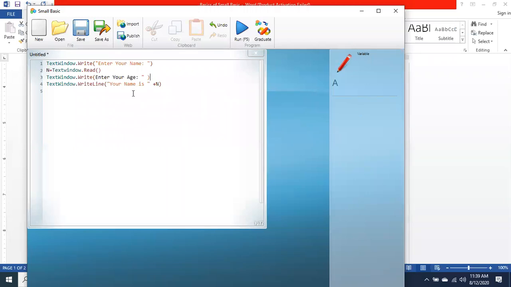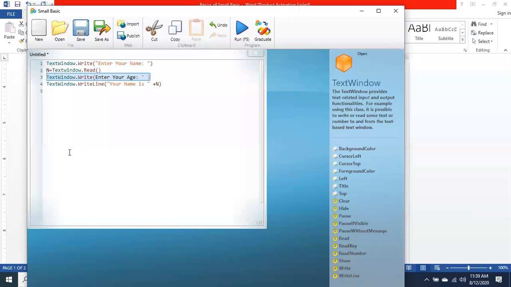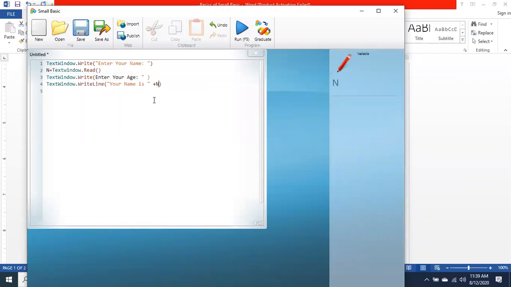Please raise your hand. Is line number 3 correct, or is there any error? Something is missing in this line. You see some change in the color. Here the color is light pink for the message, but here the color is black. Why?